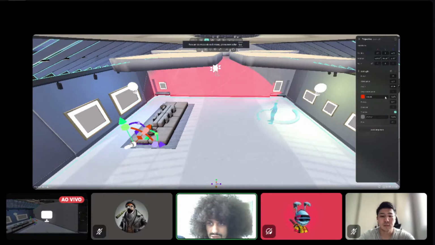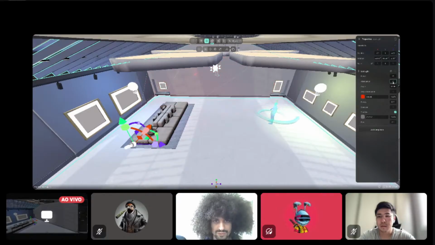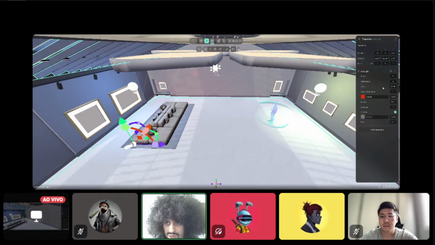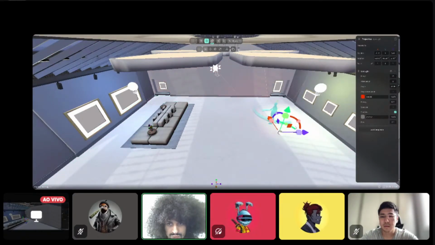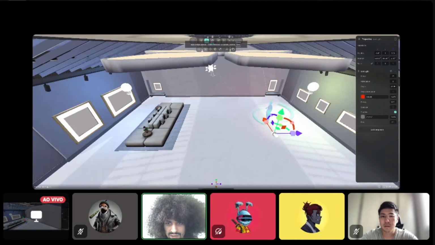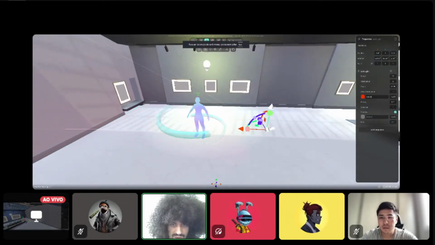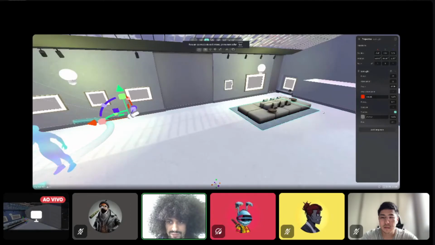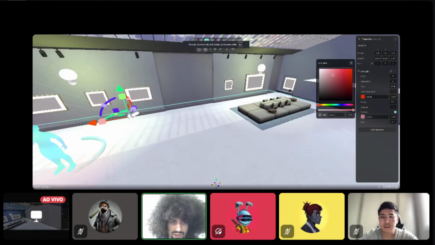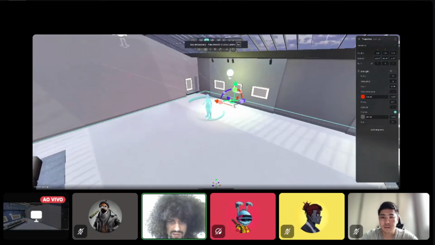Let me change it in here. The attenuation is 0. But we should be able to, oh, here you can see the shadows moving in there. Yeah, because it renders the shadow of your character or any other shadow. You can always come here and also change the darkness and the color of the shadows itself.